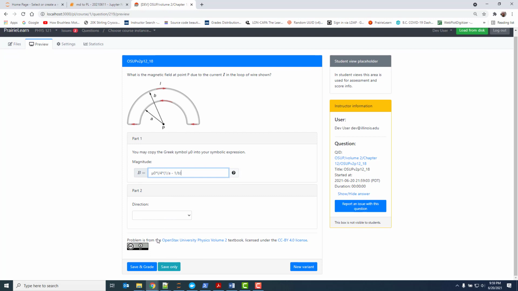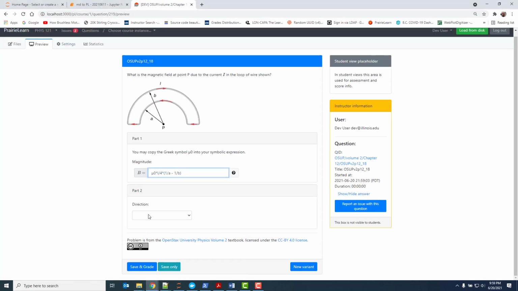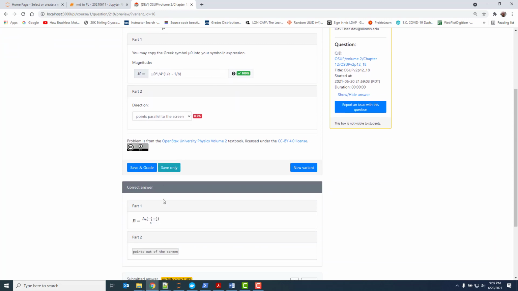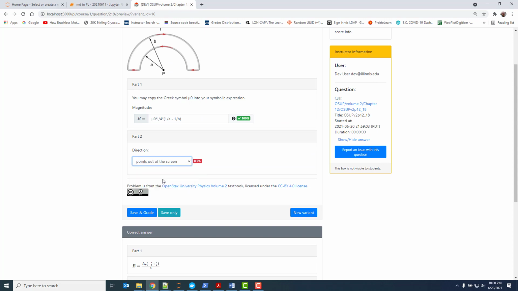So we set that option blank true, so right here. What that does is it makes this little drop-down menu start with nothing in it at all. And so when you click it, then you have the 3 options: into the screen, out of the screen, parallel to the screen. So I'll pick one of the wrong ones. I should get 50% on this question if I've entered the symbolic part correctly. Yeah, so I got that marked right, and I got my drop-down wrong. And so if I go and fix my drop-down points out of the screen,